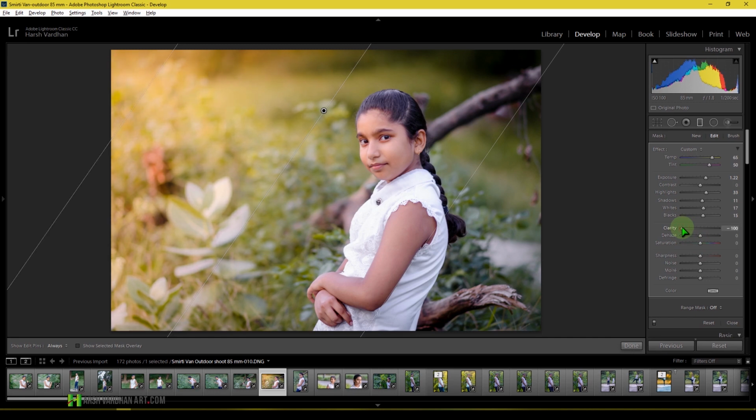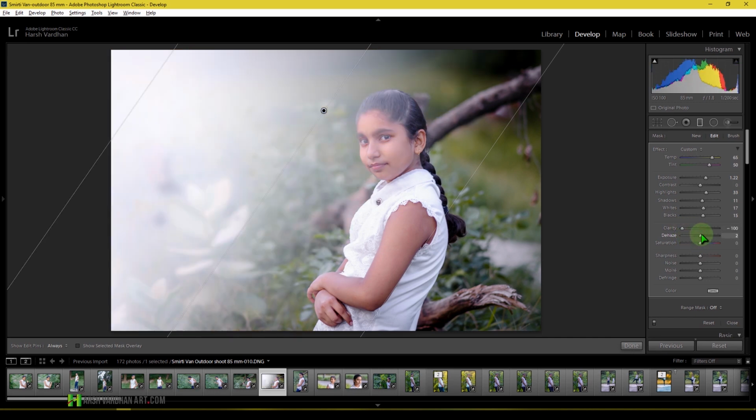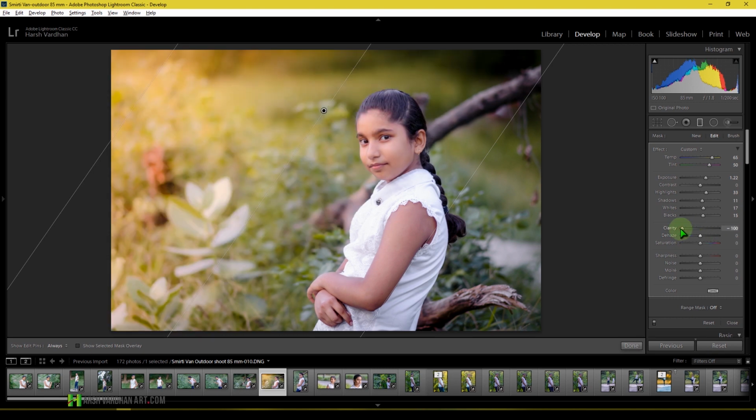And we'll bring down the clarity because we don't want the clarity. Dehaze option, okay, it's not working. And let's add saturation, something like this. Okay, and we can even click and drag to reposition it so that a little bit of light is also cast on the face. Okay,